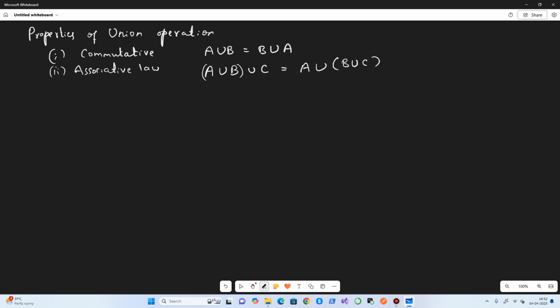So here the grouping does not matter. For the union, you can group the first 2 and do the union before calculating the union of the entire operation, or you can do the union of the second and third before doing the union of the entire operation.